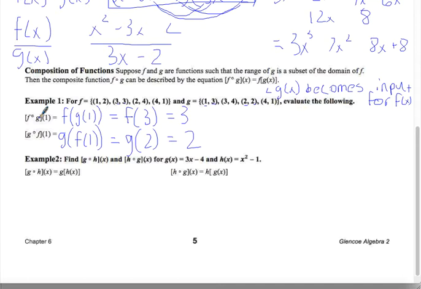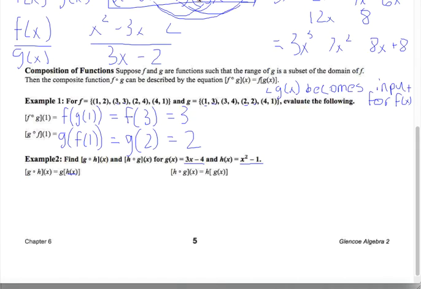So now we're given that g of x is 3x minus 4 and h of x is x squared minus 1. And we want to find g of h of x. So g of x means I'm inputting x for the variable in g. So g of h of x means I'm going to input h of x for the variable in g. So g is 3x minus 4, but instead of writing 3x minus 4,